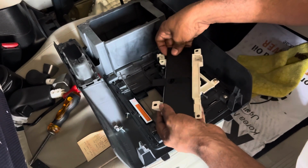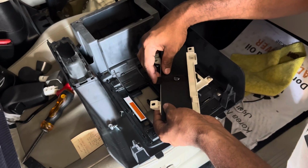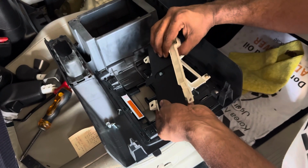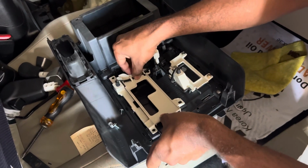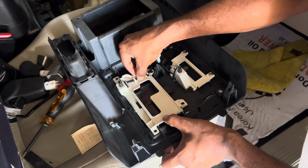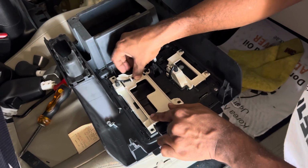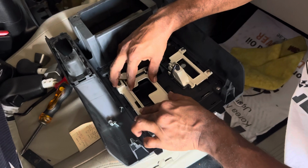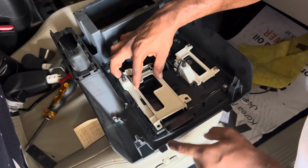Keep your new gear shift cover inside in a proper line over here. You can see and check this one is going inside. Right, replacing the other side. Alright, it's perfectly suited. You can see this is moving. It should be in the proper line. Okay,